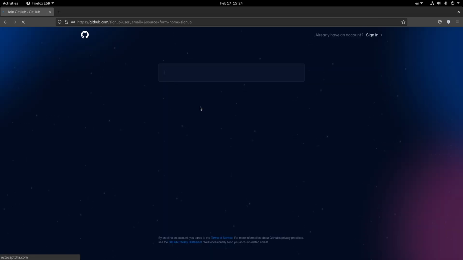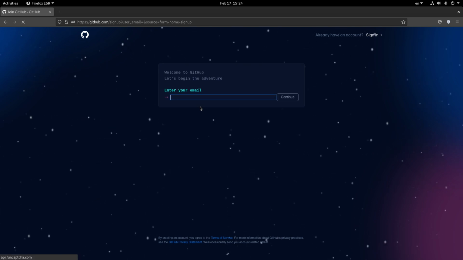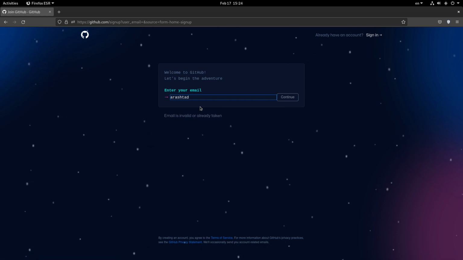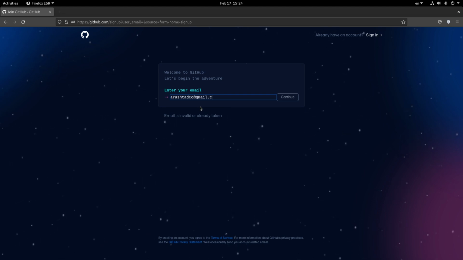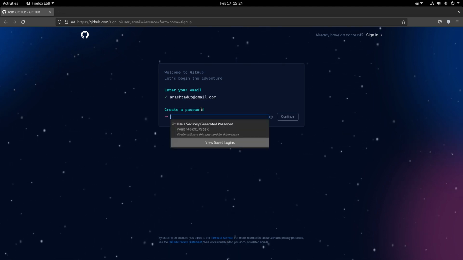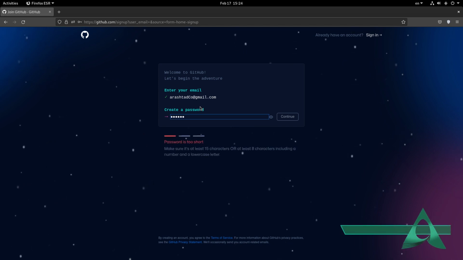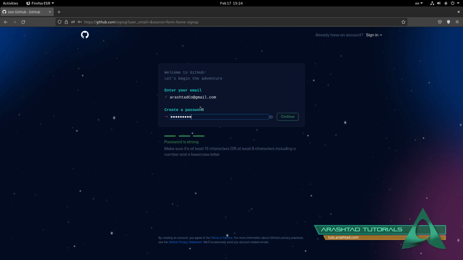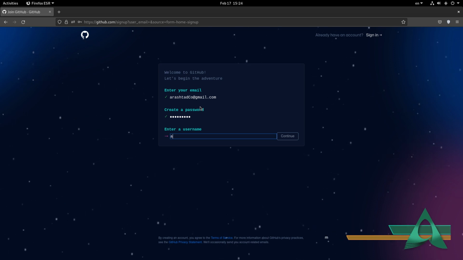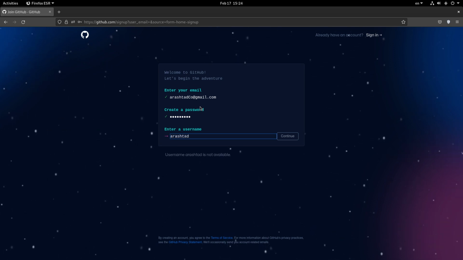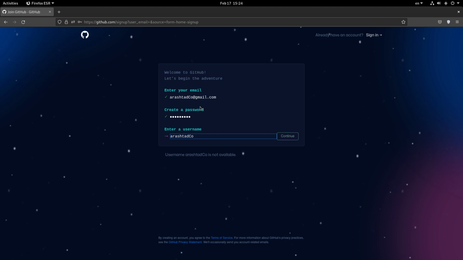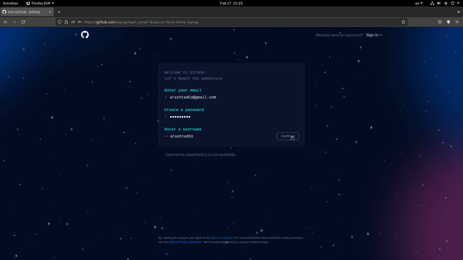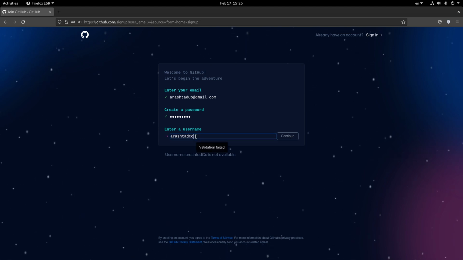And so right over here there is this statement and it says enter your email. So you will enter your email right over here, and so I will do this, then continue. So you can create your own password and then continue, and then enter username. So I will enter my own username. So let's continue. And so the username is not available. Okay, I will change